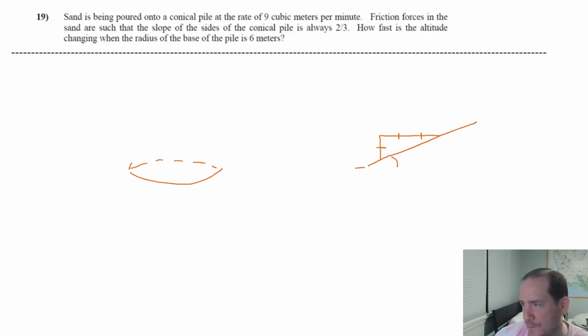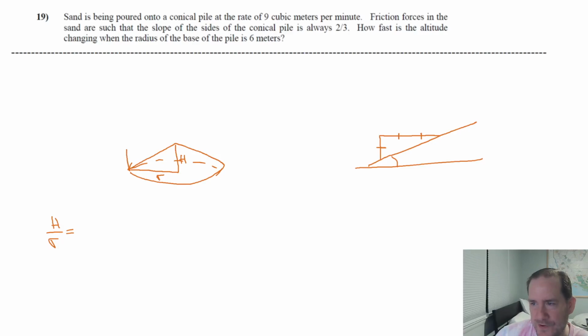The angle it forms with the horizontal is less than 45 degrees. So we should be expecting a cone that is wider at the bottom than it is tall. And that's the exact key here: we're looking for that relationship between our height and our radius. And we can now see that our height divided by our radius, that ratio, is that we've risen 2 and